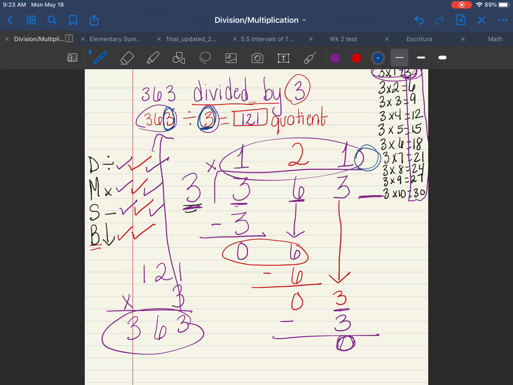If you don't get it, try it again. If you don't get it, try it again. Call me, text me, send me a picture. I can make a video for you, or I can figure out somehow to make